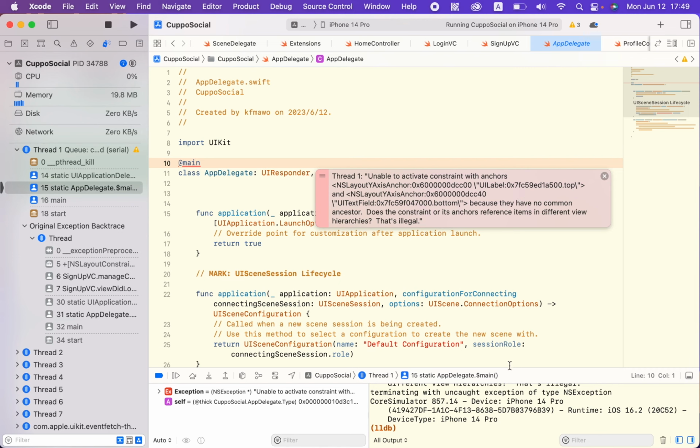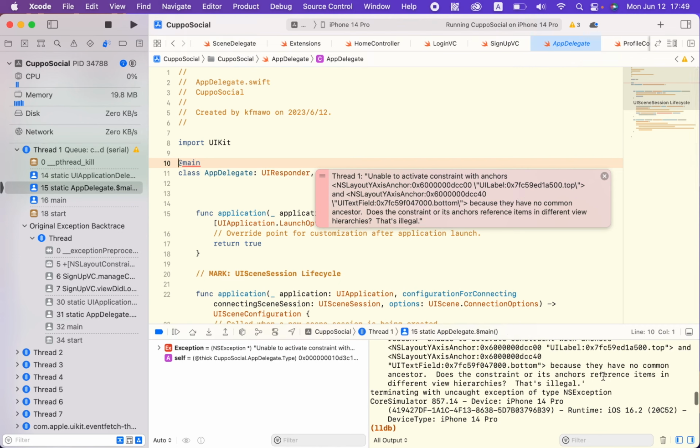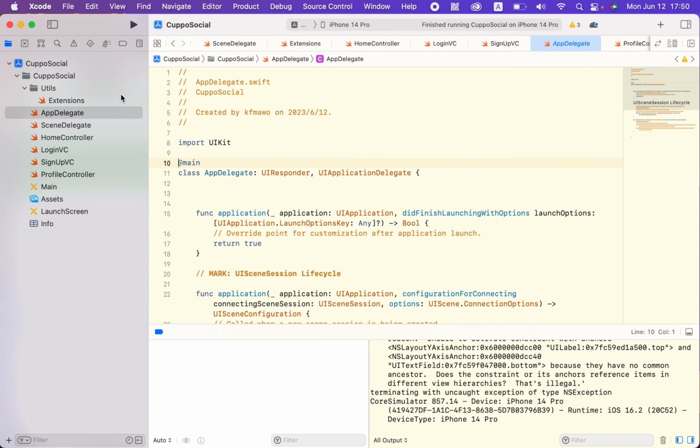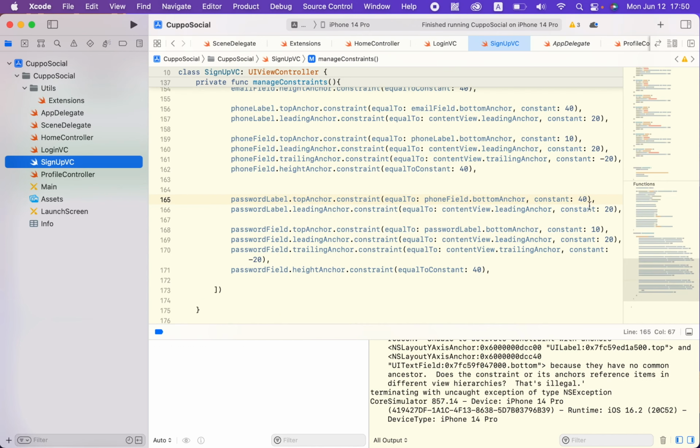So it looks like we have an error somewhere. My last constraints. Let me try to see what that is. Okay, this can be a bit hard to understand, these codes, but we know where it says UI label top. We know that these are the last constraints that we added. So this password label, phone field, bottom anchor, phone field,